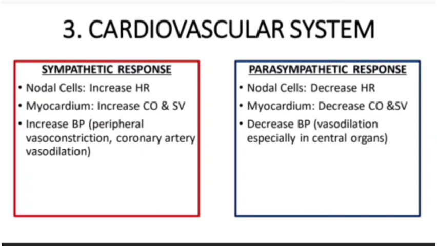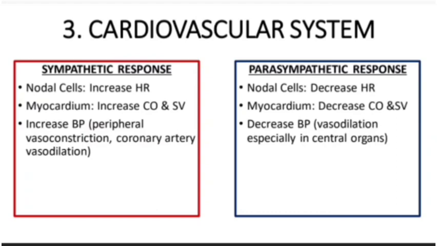In comparison with your parasympathetic response, your nodal cells decrease or slow down your heart rate. Your myocardium decreases your cardiac output and stroke volume, and there is also a decrease in blood pressure. This is because vasodilation primarily happens within your central organs, specifically focusing the blood flow to your gastrointestinal tract, so you'd be able to perform better absorption of nutrients from the food and better digestion and movement